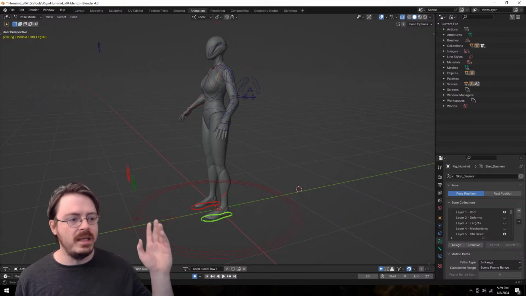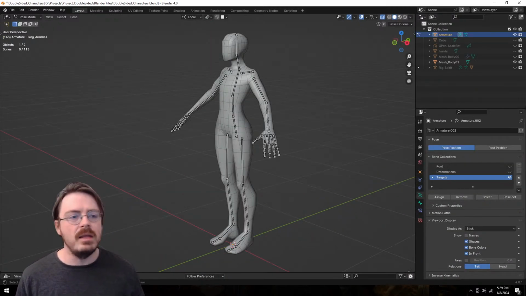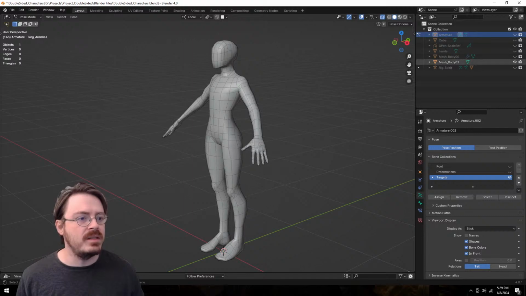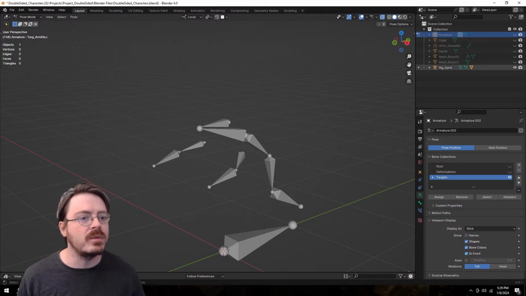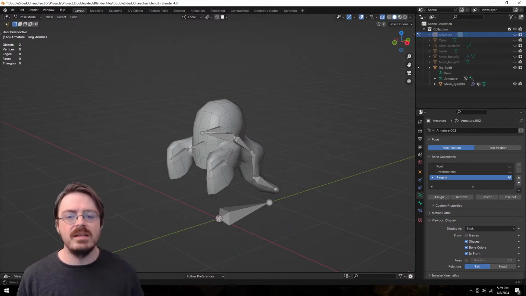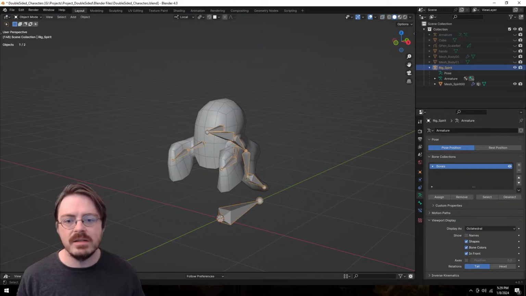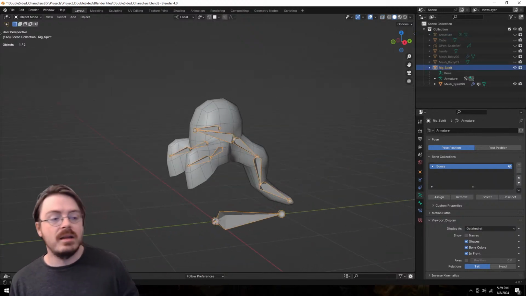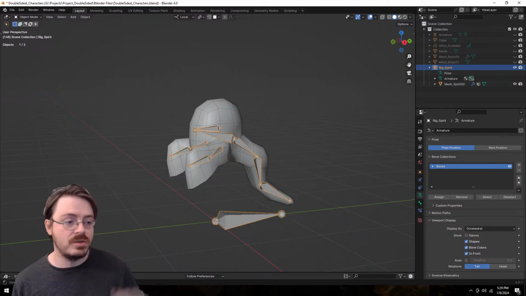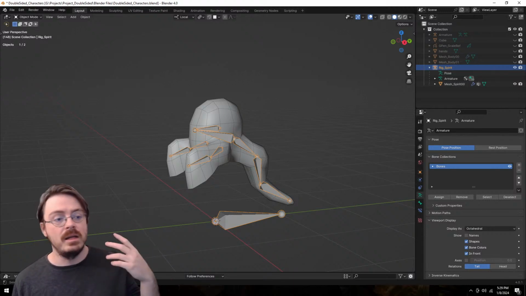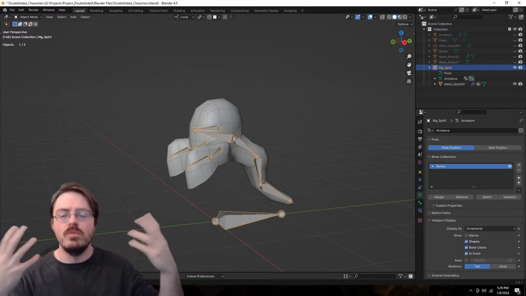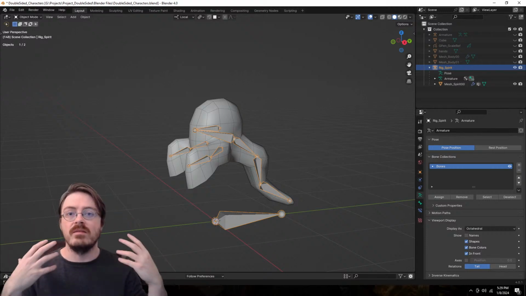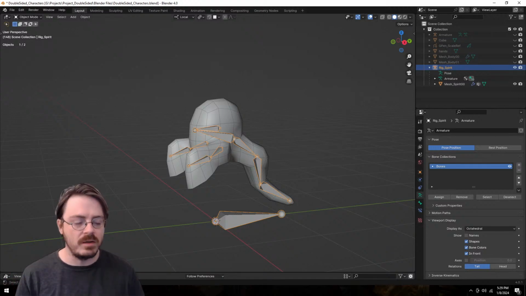The issue isn't making a humanoid rig, though. The issue is that, as simple as it is, I need to make rigs for other things. And honestly, it was rigging this ghost that I was trying to do quick and dirty. I was trying to do it just off the top of my head from memory, and it was not going super well. And so that sparked this reignition of, oh, this is something that I don't know as well as I used to. It's not something I've done in a while. This is something that I need to revisit and relearn.